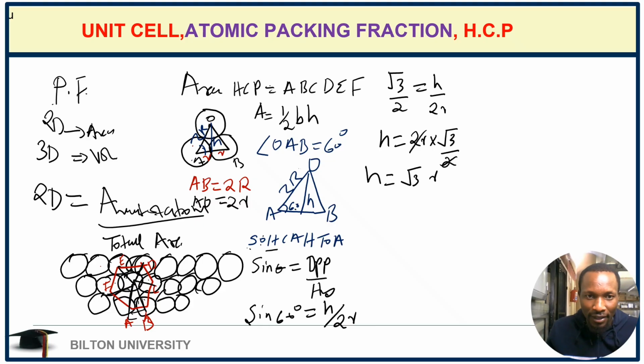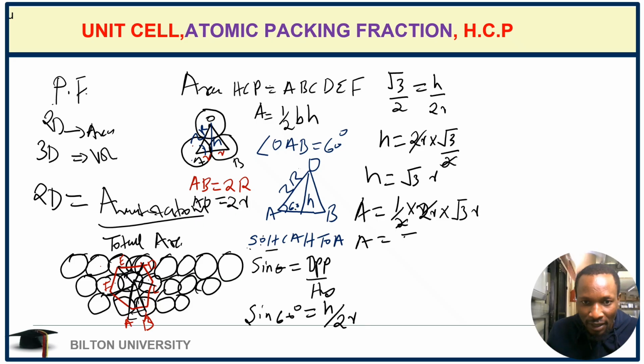So this is the value of H. So we can substitute, and then we find the area of one triangle. Our area is going to be 1/2 times base, and our base is 2R, times height, which is root 3 R. So the 2 can cancel the 2, making our area equal to R times root 3 R, which gives us root 3 R squared. This is the area of one triangle, and there are 6 triangles, so the total area